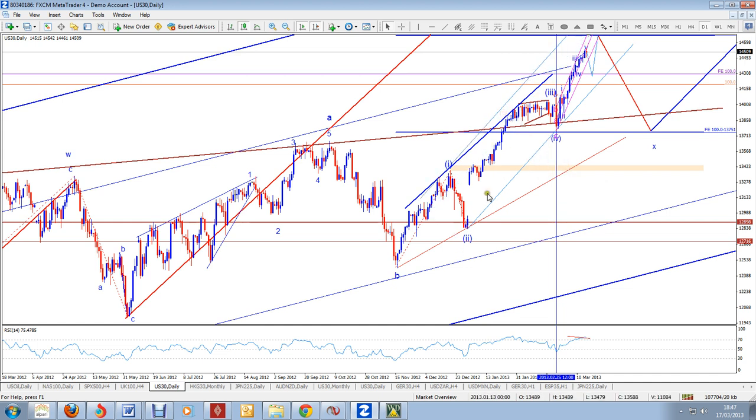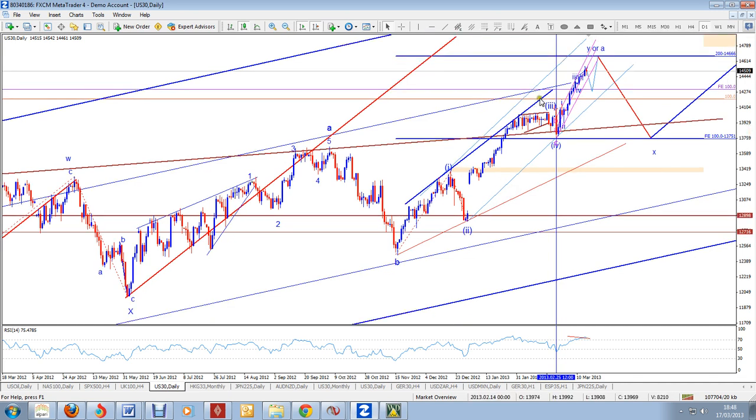You see, if we do a parallel line here, then we'll see the price action never quite touch that top, whereas normally we would expect to. However, we are in a definite wave 3, because you see in the red channel the price action now is well above that. So in that sense we are in a wave 3, but whether the wave 3 is complete or not, complete here is a wave 4 pullback, and then wave 5.